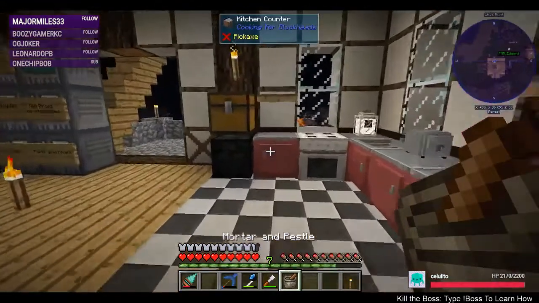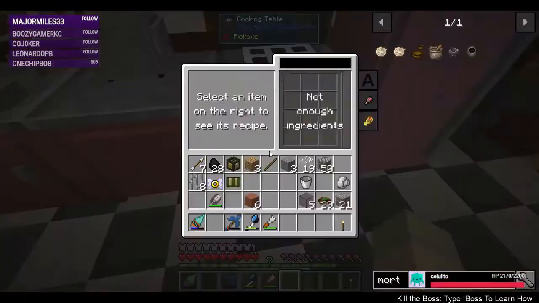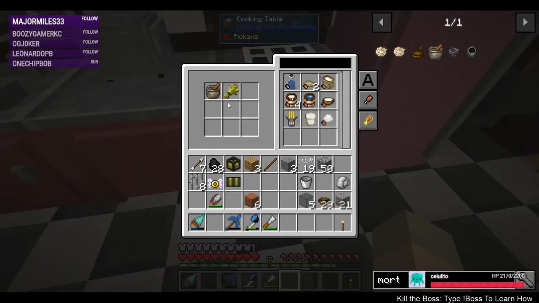Alright, so then we have a mortar and pestle. Alright, so now we can...